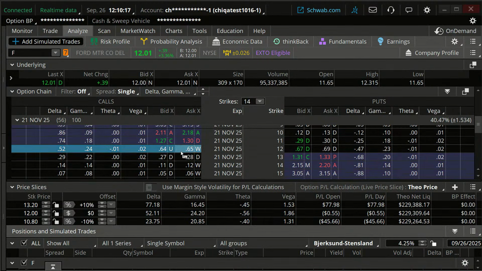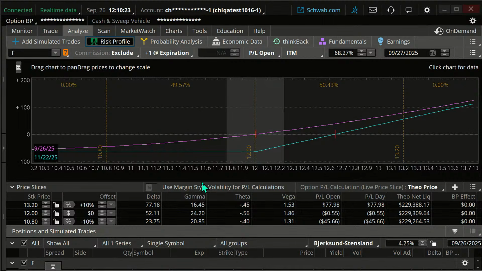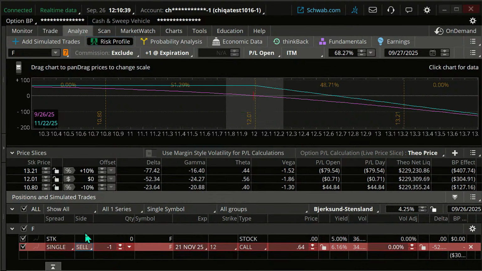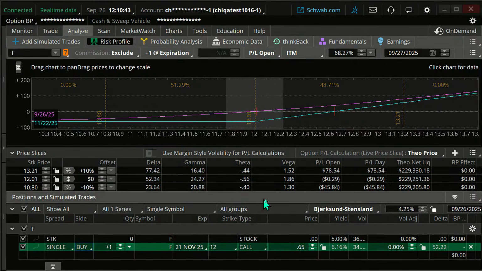Well, I know a lot of you know long calls. I'm now going to click on the risk profile graph. When I look at this and I scroll down, you can see down here in color, green, it's a long call. It's buying a long call. If I made it selling, it would be in kind of the reddish color, right? But here we're buying a long call. Let me just move this out. I just want to make it big enough so that you can see it.